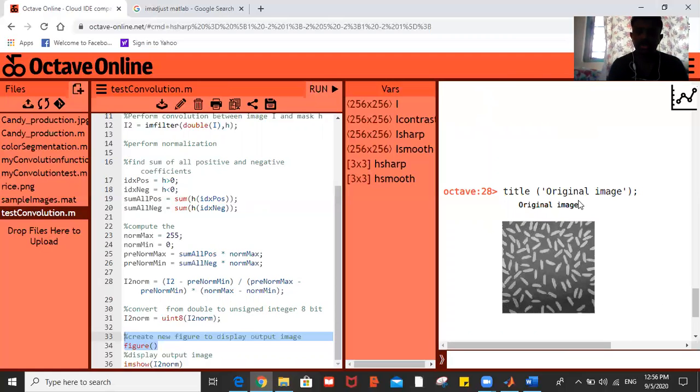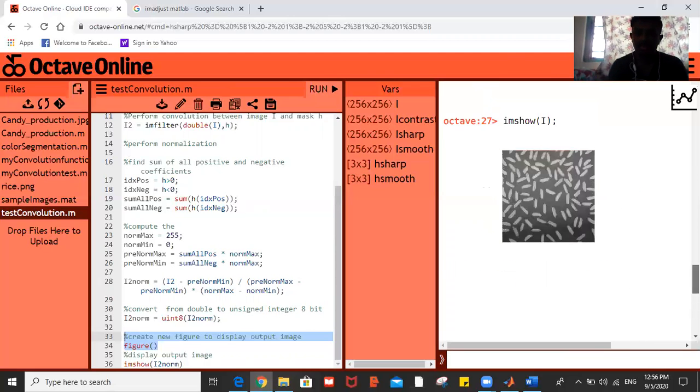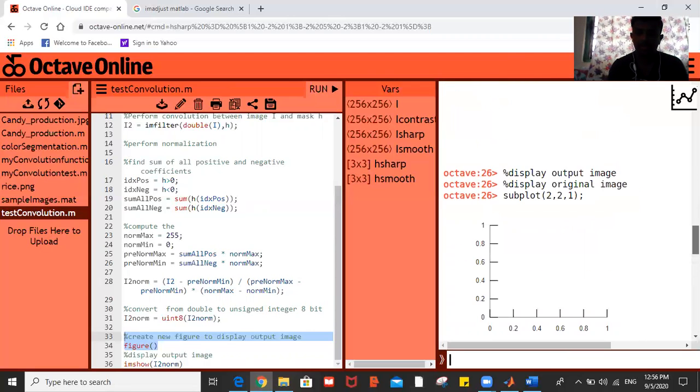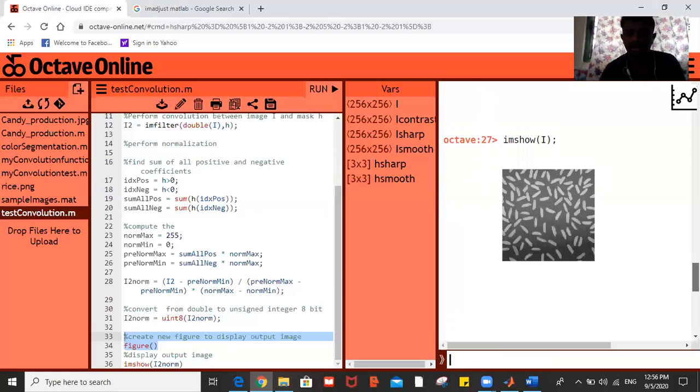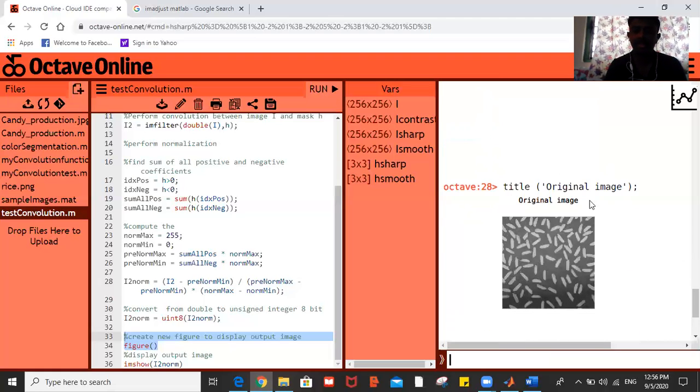So if you see the original image here, this part, just now we started with plot, and then we show. So I have to bring up the original image. This is the original rise PNG image. I've already assigned the title here. So next we have to do again. Since we have done with the original image, we have to display